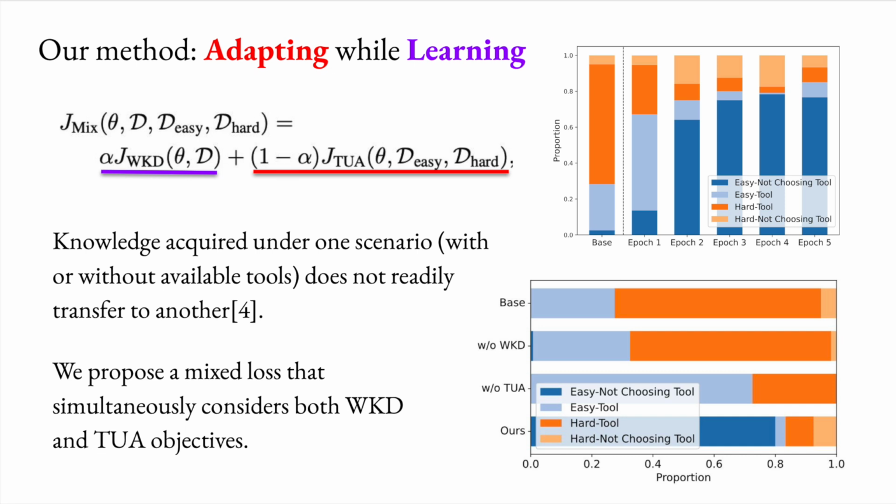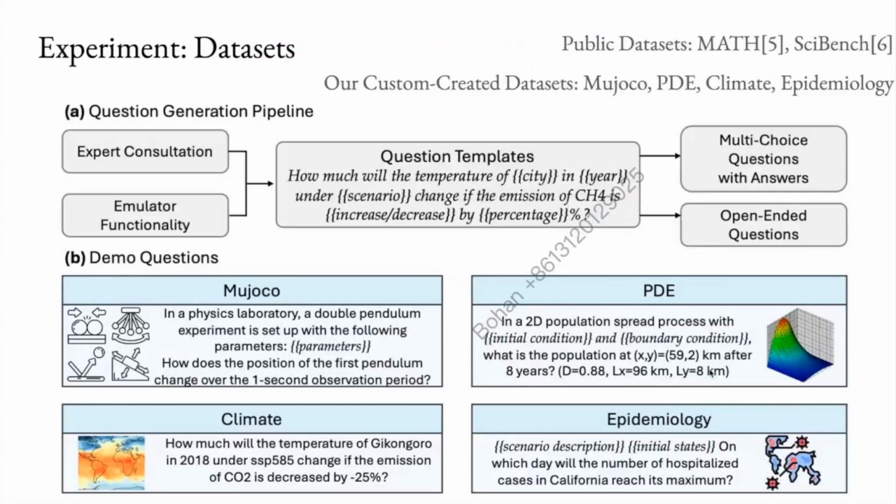As you can see, the dark blue part is the easy problem without tool usage, which means to solve this problem the model doesn't choose to use tools. But you can see this shallow blue part, it means that for some easy problems the model also resorts to tools. Our experiment includes 6 datasets, 2 public datasets, MATH and SciBench, and 4 of our custom created datasets,